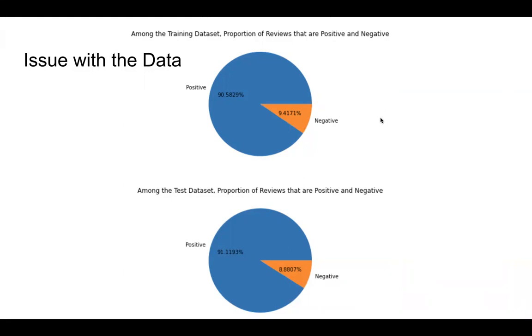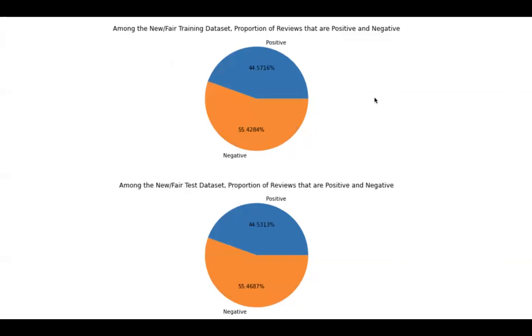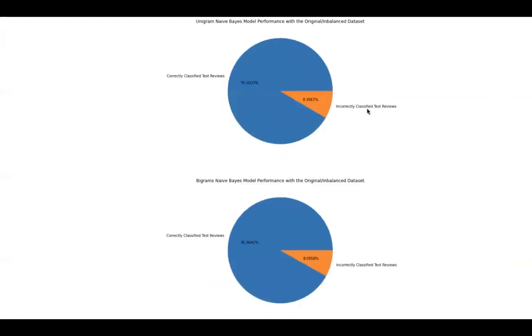Same story in the test data set: 91.1193% positive reviews and 8.8807% negative reviews. And you might be asking, well, why is this an issue? The issue comes because when we use our naive Bayes model,